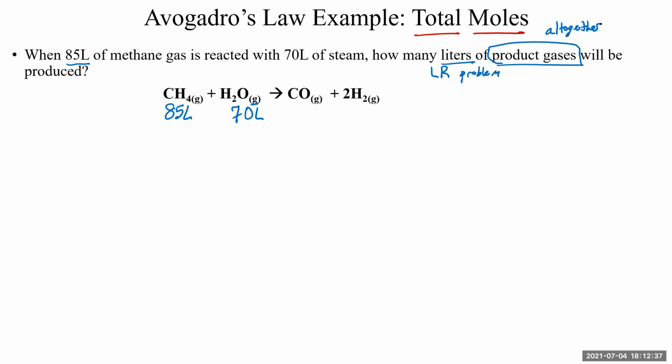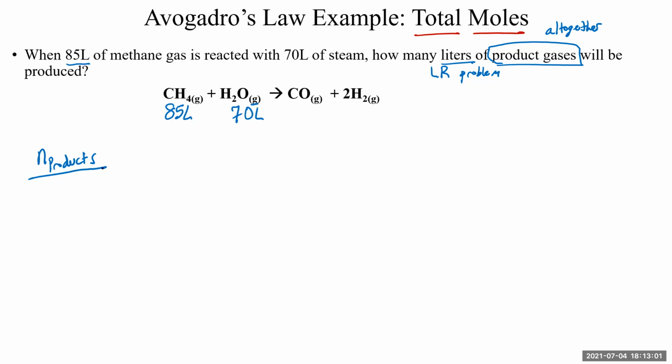So again, we're going to use Avogadro's law to figure out how many liters of our product gases we can make. According to the ratio here, and this time I think we already know what's going on. But how many liters? What's our liter ratio? What we have here is our mole ratios. Our mole of products,